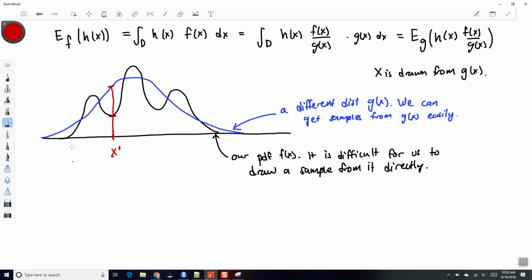So we can see that random values with this value x1 will get drawn twice as often from g of x than they should if we drew from f of x, right? So values at x1 will be drawn about twice as often